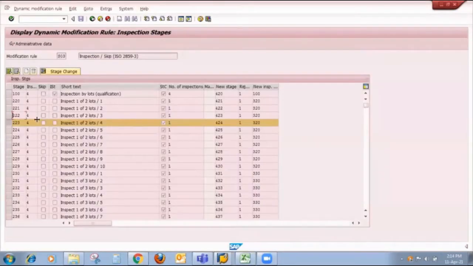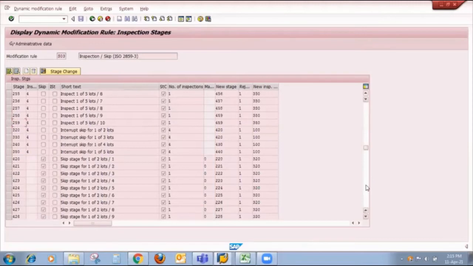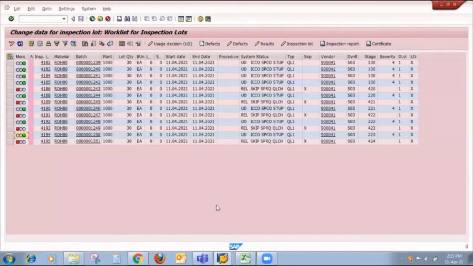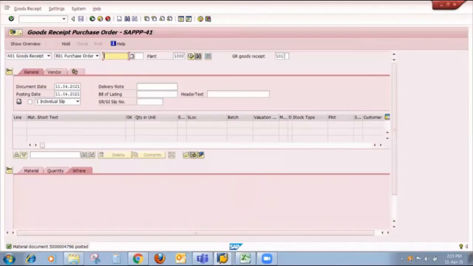So if I go to inspection stage, 223 is my previous inspection lot stage. If I accept it, the current inspection stage is now 424. So 424 is the key inspection stage. If I go down, 424 is the key inspection stage. If it is accepted, meaning the key is blank, our new inspection stage will be 224. But if it is rejected, the new inspection stage will be 320. So for the time being, I make it acceptable, meaning I keep it blank for that skip inspection lot,